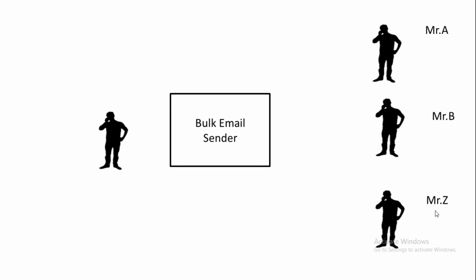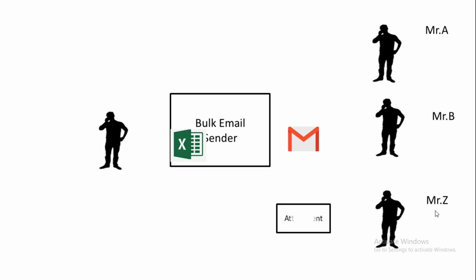So what I want is some Excel file which will be uploaded to our software, and then it will forward the customized email to the concerned person. And that can also have attachments, and for the attachment I have to mention the attachment part in that Excel file. So we will see, and our software will also work like this.